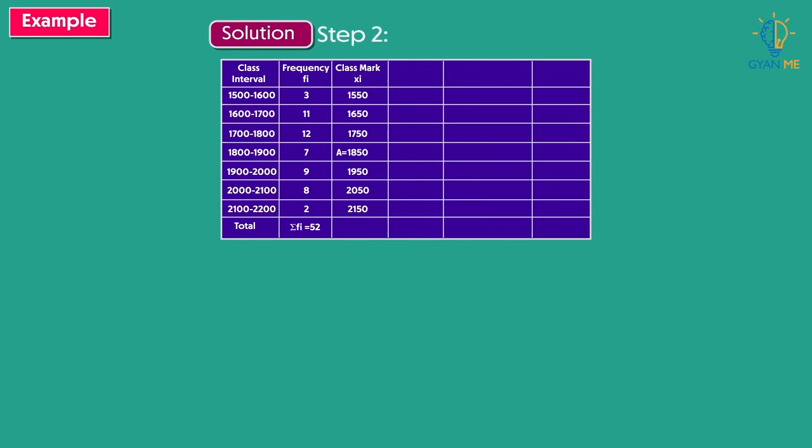Now students, assume any one xi as our assumed mean a. Let us say here for our example, we select 1850 as the assumed mean and the respective class 1800 to 1900 as the assumed mean class. Now students, we know that to calculate the mean using the step deviation method, we first have to calculate the deviation di,